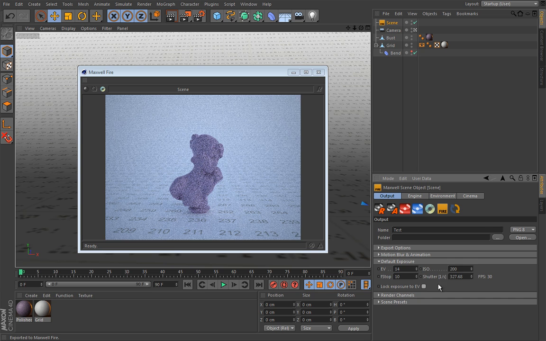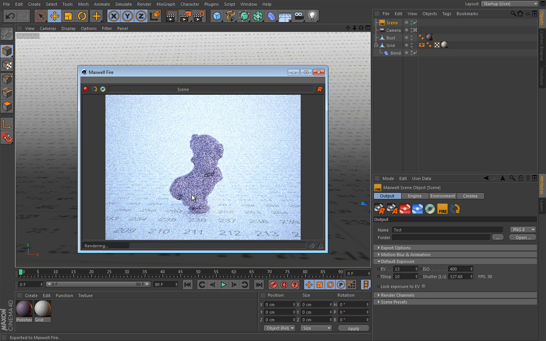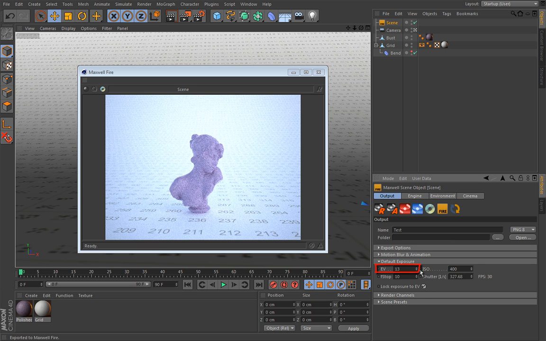So if I uncheck this and then maybe change to a higher value, you will see this exposure value is rising. So let's actually enter 400 and you will see much different results. So you can see that now the image is much brighter because we have let much more light in, because this is a sensitivity of that sensor inside, and we have so much light in the scene that this area of the image is blown out. Of course, you can lock that exposure value, and anything you do after that point will